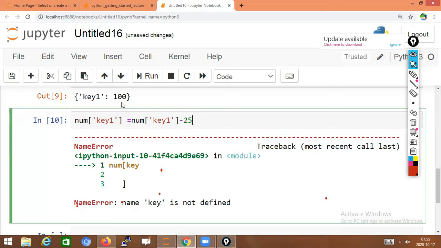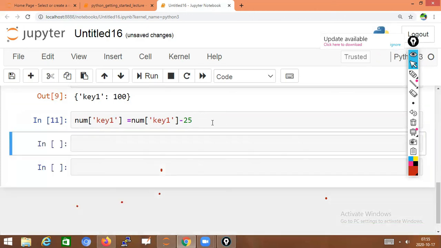The key one value 100 is there. From the 100 we are subtracting 25. So the result is 75. Again the result will be stored in key one in the dictionary. Shift enter. Now we should get the answer 75. Listen one more time.